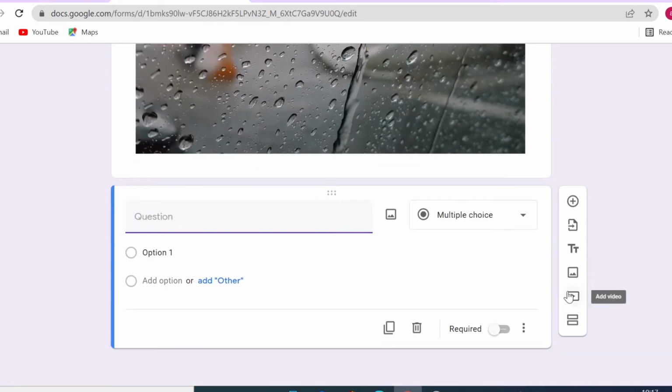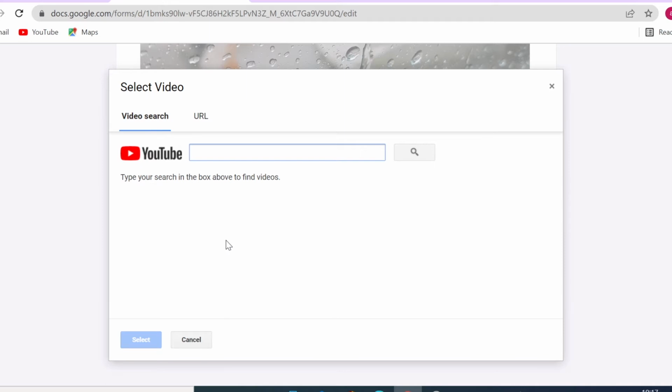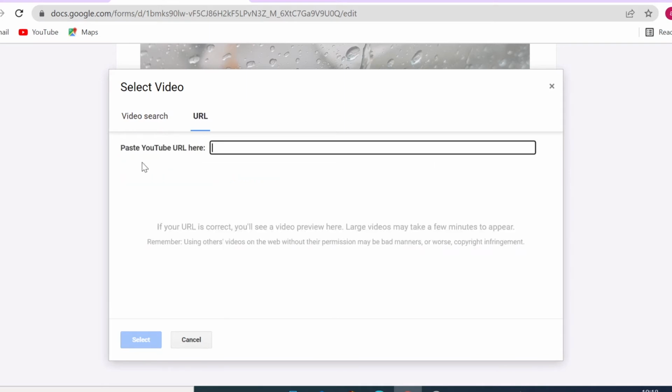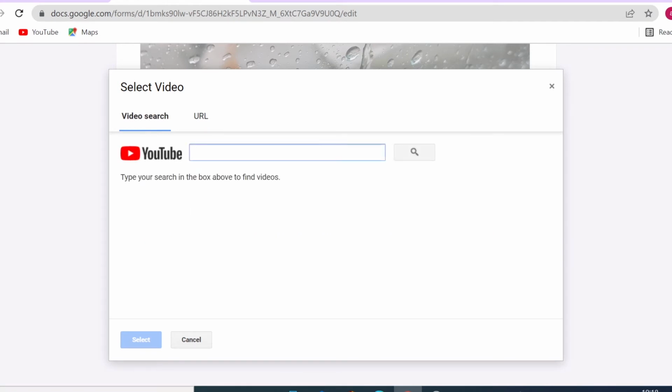Now, next you can also add videos. Similarly, by embedding videos from YouTube, you can search videos on YouTube or just paste YouTube URLs here. So you are not able to upload your video. You would have to upload your video on YouTube first and then just use the YouTube link to insert